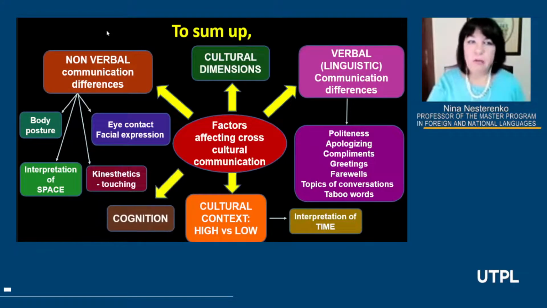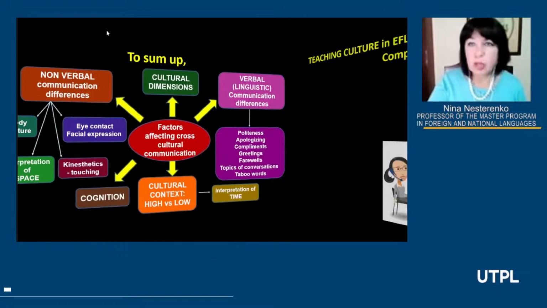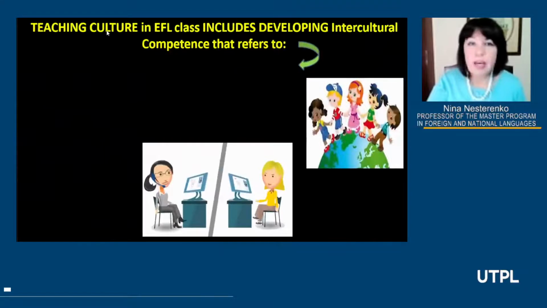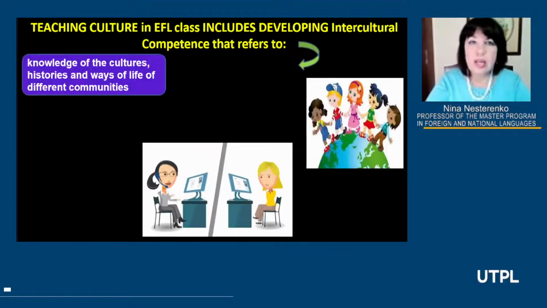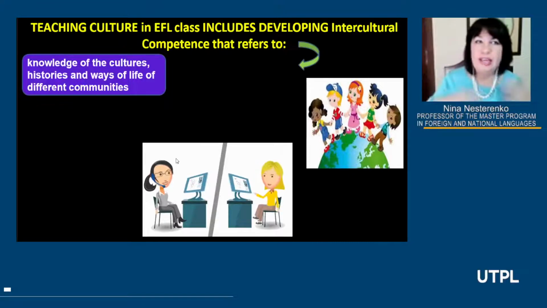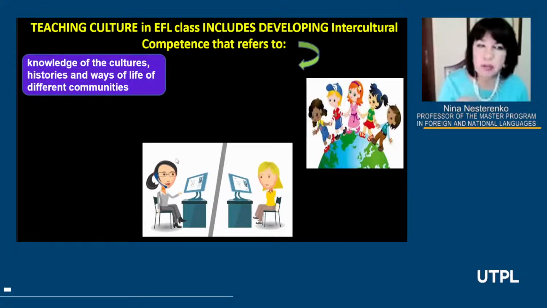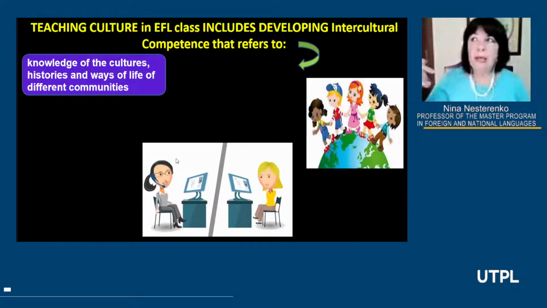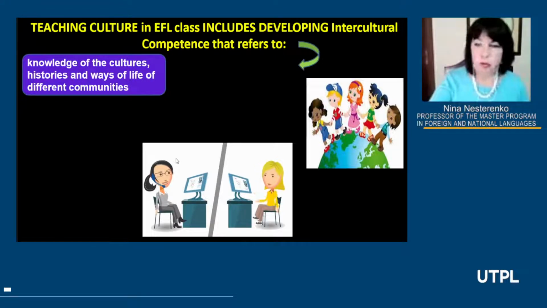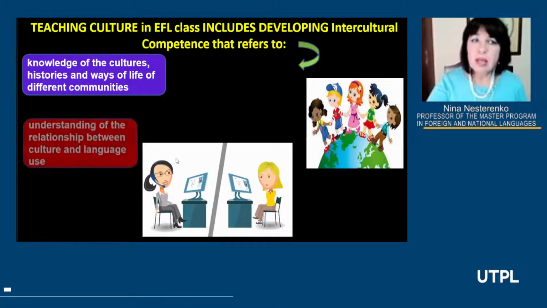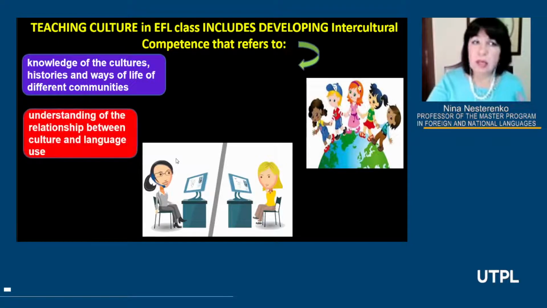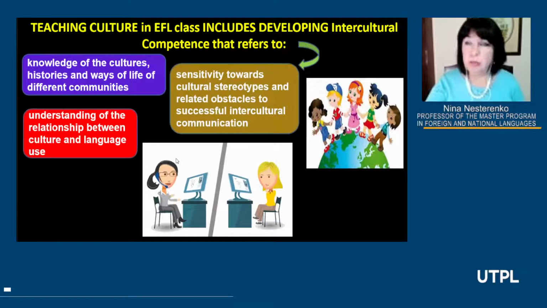And obviously, all this is shaped by our cognition, what we learn from the beginning. That is why it's very important for us teachers to share the knowledge of cultures, histories. History doesn't refer to historietas. History is like a science that explains the development of a country. And why people behave this way, understanding the relationship between culture and language, should be important,